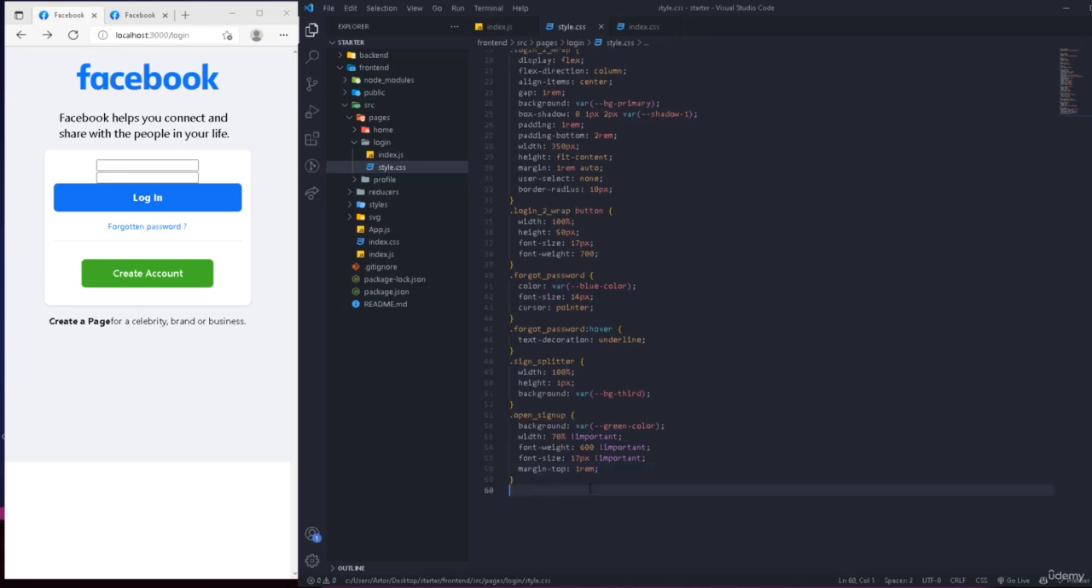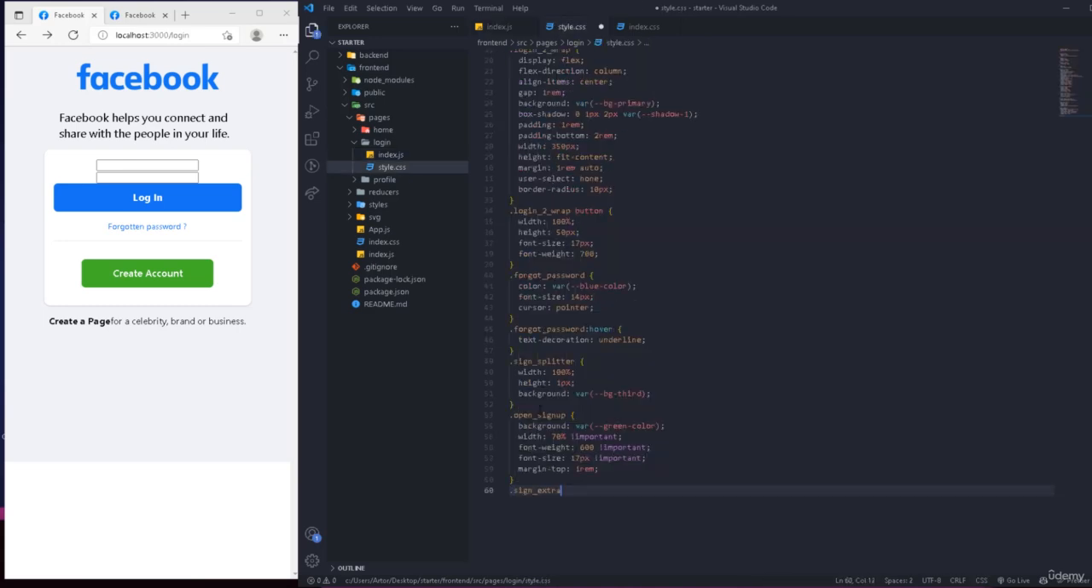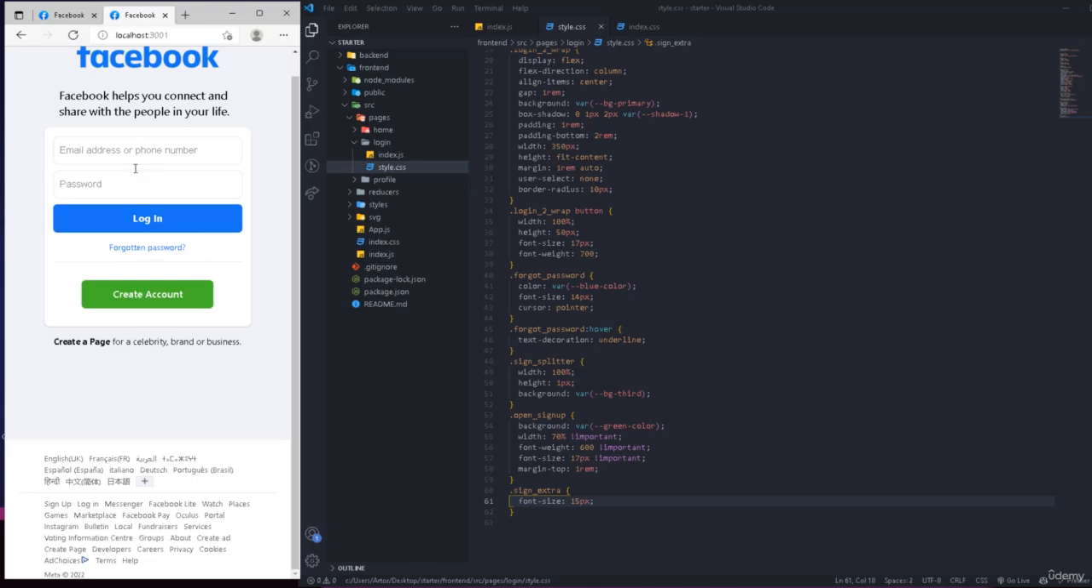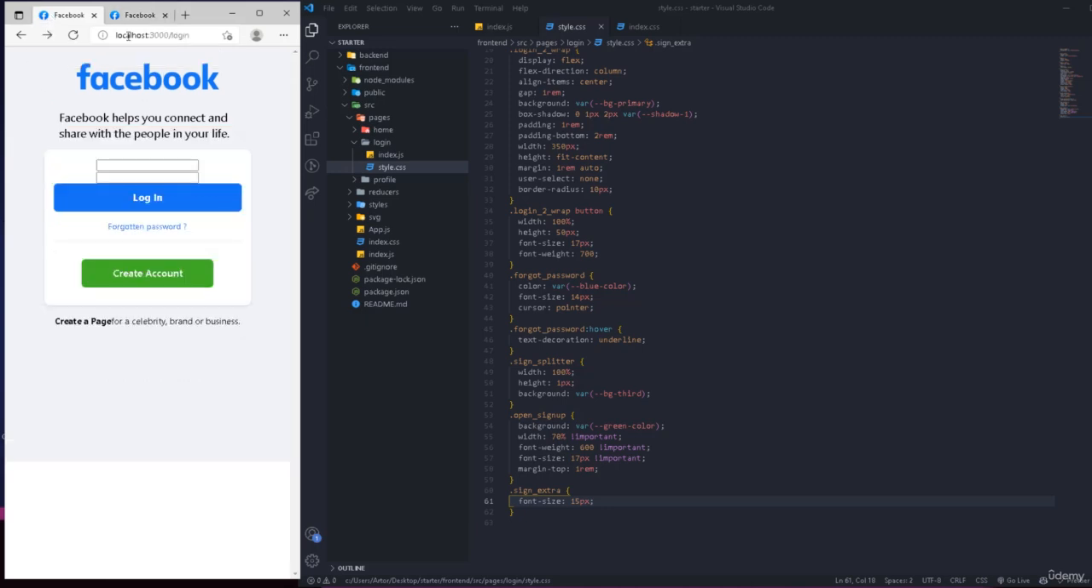And also we're going to work on this. This is the extra, what do we call this? Sign extra. And for this sign extra, let's set the font size to 15 pixels. Okay, and now we have it. We're gonna work after this is now done. As you see, it's the same one right here. Now we're gonna work on those, and as I said, these are gonna be components, so that's why there's gonna be a lot of CSS for them. So now we finished